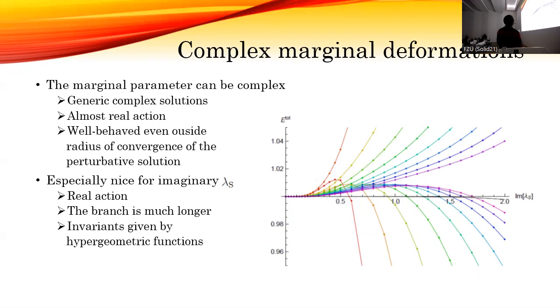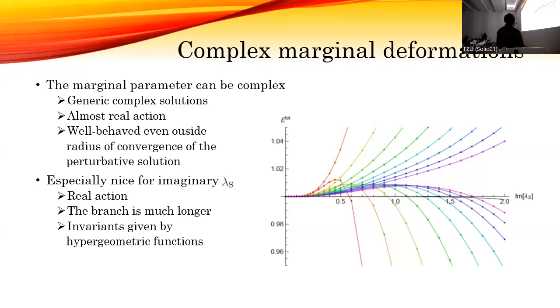So if we choose complex marginal parameter, we get generic complex solution, but in most cases we have almost real action, which is supposed to become real in the infinite level limit. And such solutions are generally well behaved even outside the radius of convergence of the perturbative solution. These complex marginal deformations are especially nice for imaginary value of the marginal parameter, because then the solution has real action and is